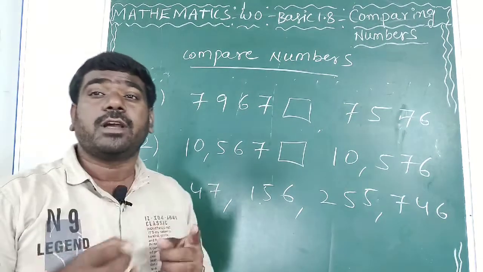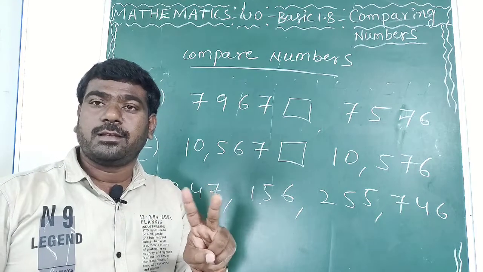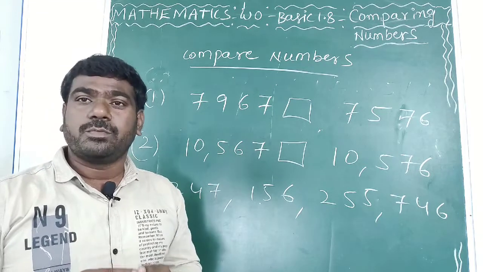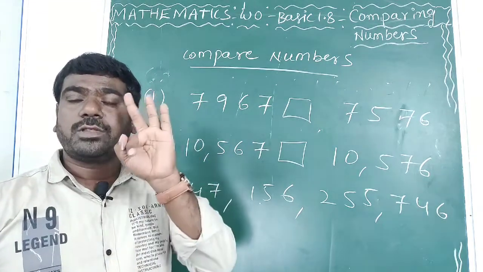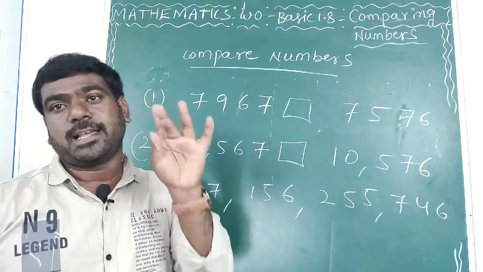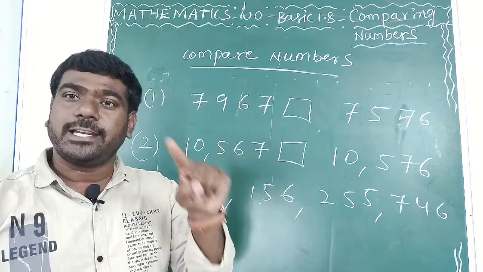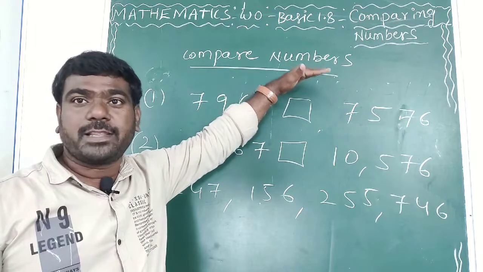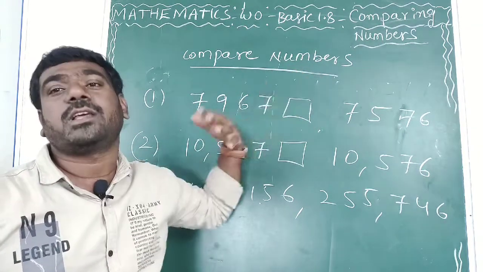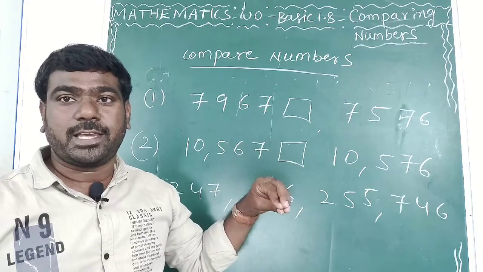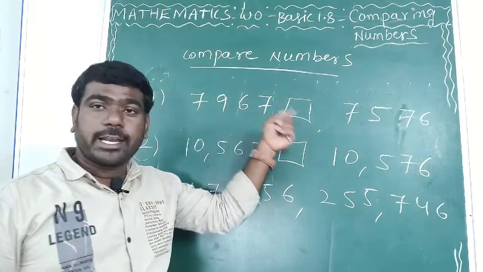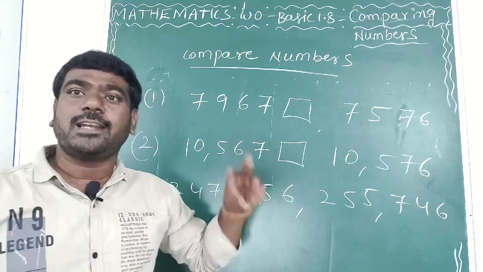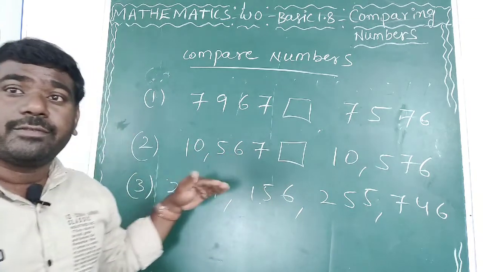Remember, children, where we have to use greater symbol, lesser symbol, equal symbol, ascending order, descending order. Very simple here. Two numbers means we will use the three symbols: greater, lesser and equal. More than two means ascending order, descending order. Just they will give the question, compare the numbers. So how to decide? We have to decide ourselves what to take here. If it is 2 numbers, we take greater, lesser, equal symbols. More than 2 means either ascending order or descending order you can write here. So that is the way of the process.